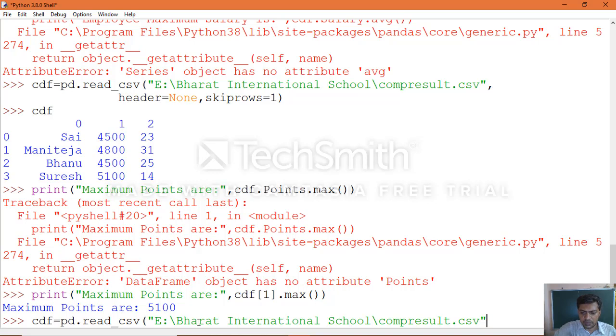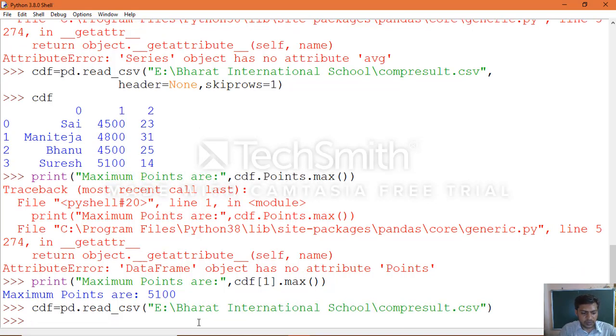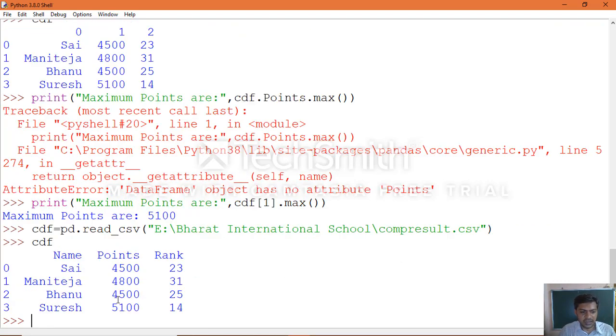Just make use of the file path, then execute that and print the data. Yes, you can see clearly the points column label. Now we want to retrieve the maximum value from this data frame. In this case, if you execute this statement, then you will be able to retrieve the maximum points of the given data frame.